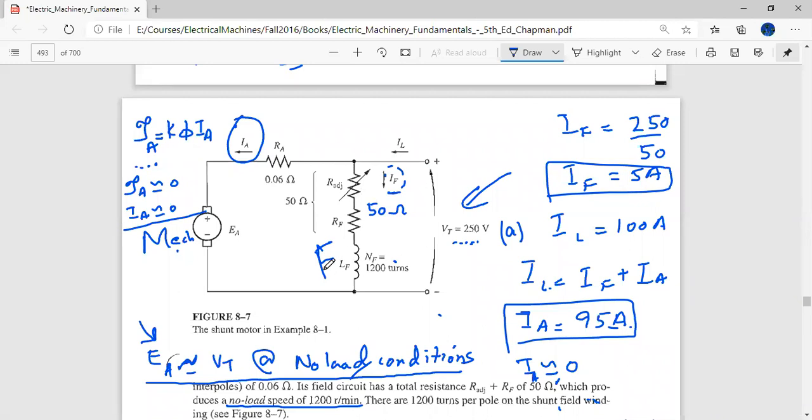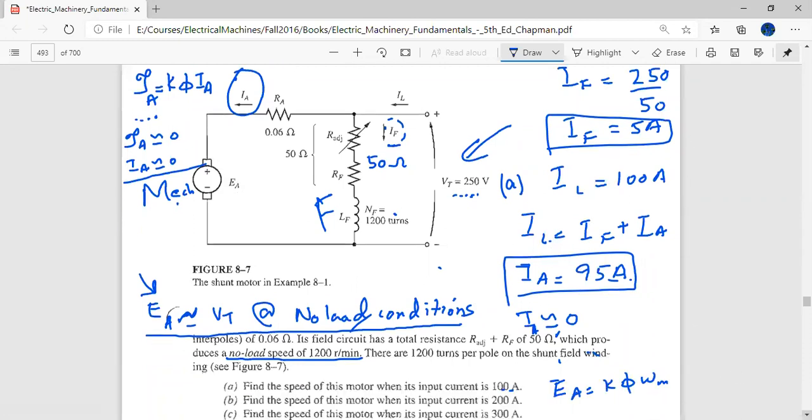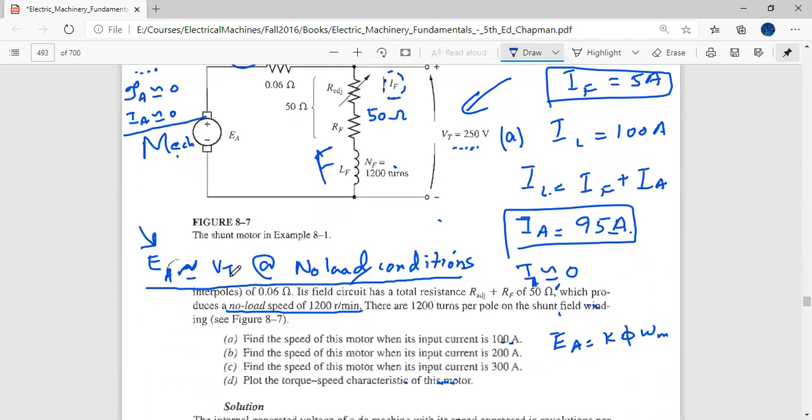The flux circuit is over here. Another way to think about this is, IA is zero because you don't need any torque on an unloaded machine. If IA is equal to zero, that means there is no drop over here, and all of the terminal voltage is being opposed by EA as per the equation that we have seen. That means EA is approximately equal to VT, and it is also opposing in polarity, so that will drive IA close to zero.